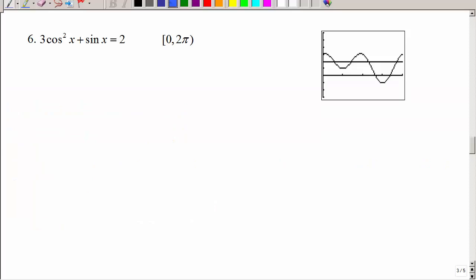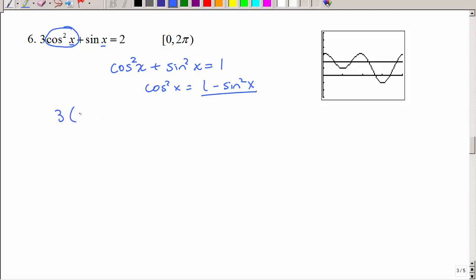Problem number 6. We have cosine squared and sine squared, so we have the same angle of x, but we don't have the same trig function. So again, I'm going to go back to cosine squared x plus sine squared x is equal to 1, that Pythagorean identity. And I'm going to substitute that in for there, and that allows me to change everything to sines. I'm going to distribute,